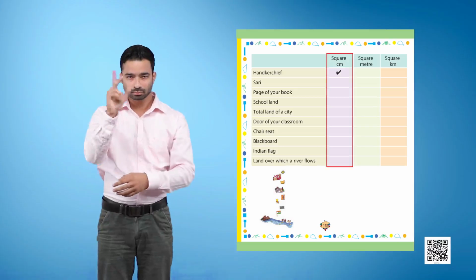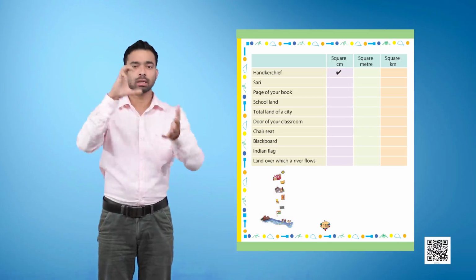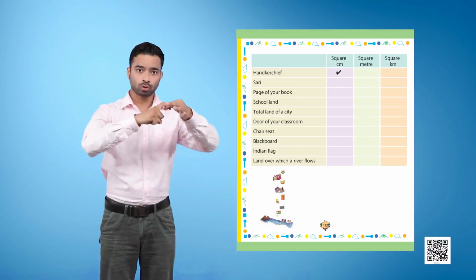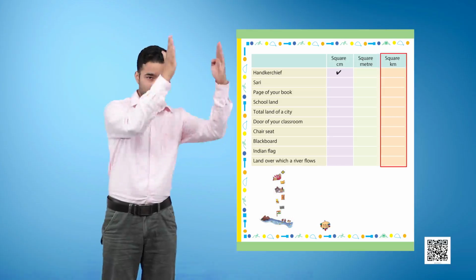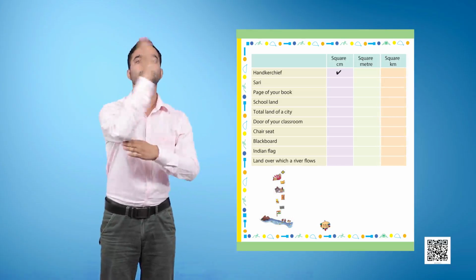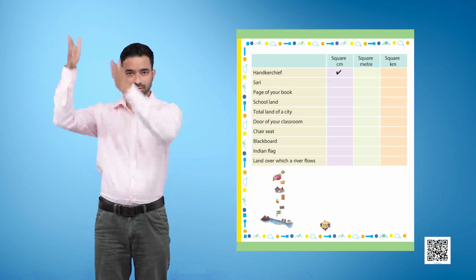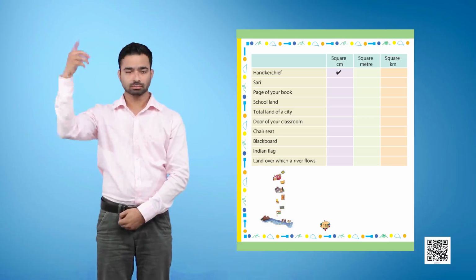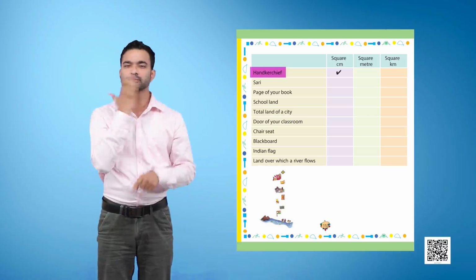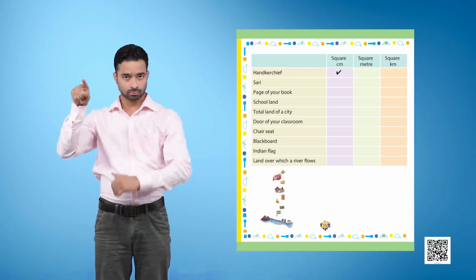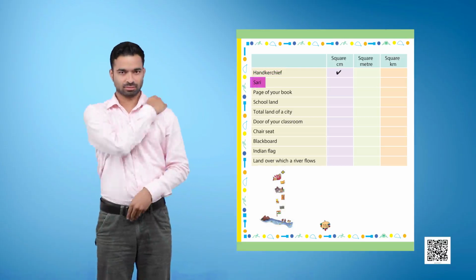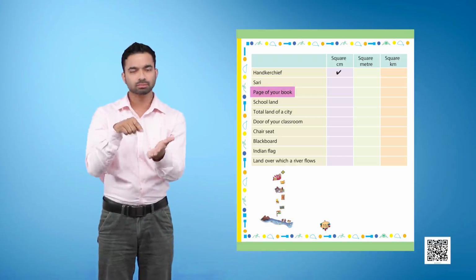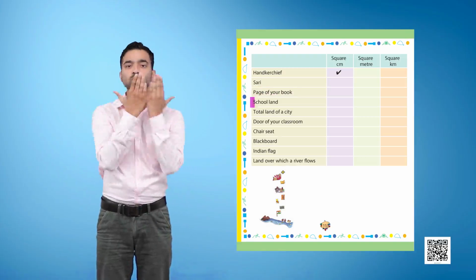Column 2 says square centimeters. Column 3 says square meters. And column 4 says square kilometers. Column 1 gives us all the items: handkerchief, sari, page of your book, school land,